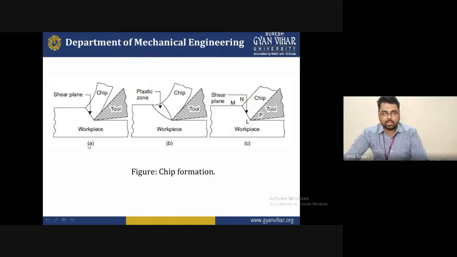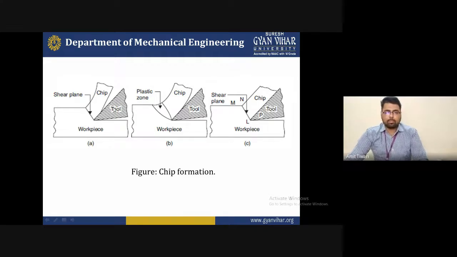We can say this is the starting point where the tool cutting edge strikes the face and compresses the workpiece at the cutting edge, starting the removal of material from the surface of the workpiece, and the chip is generated. You can see in diagram A that this is the chip area, this is the tool and this is the bottom, the workpiece area. As I told you in the previous lecture, lecture number 2, the workpiece area that is covered in the plane, we call the shear plane, and this zone where the removal of the excess material starts is the shear plane.